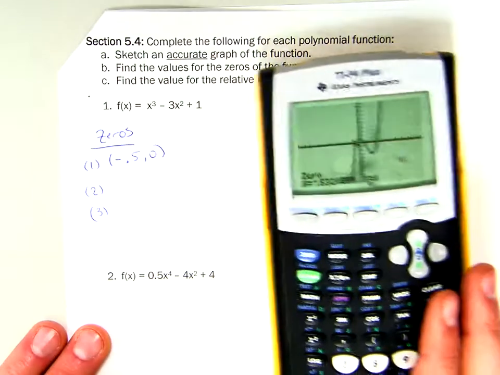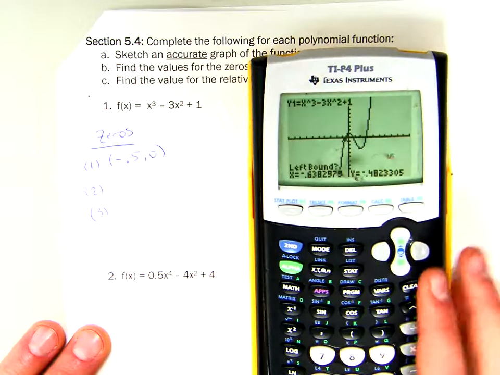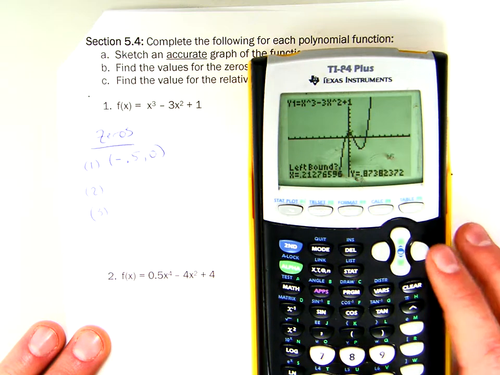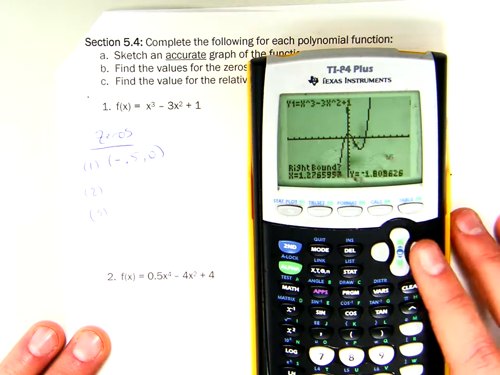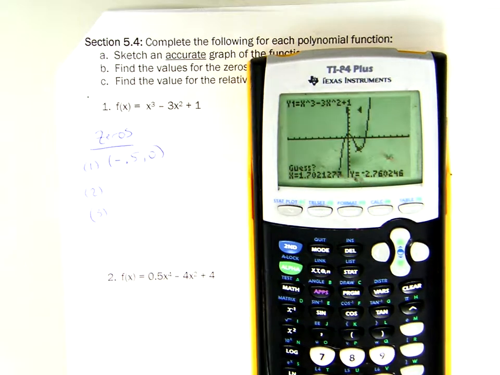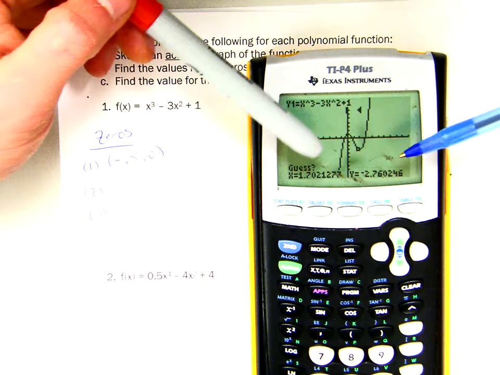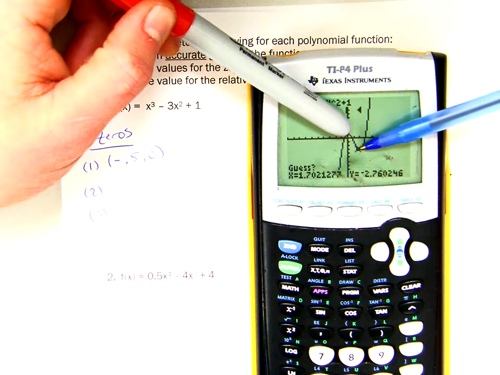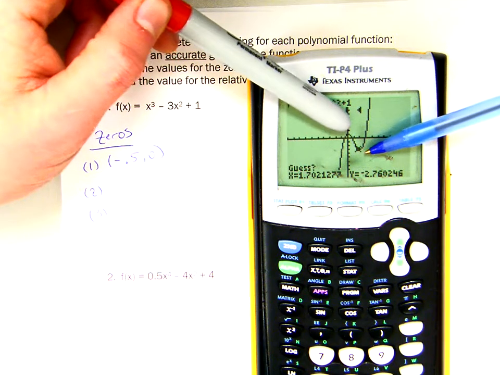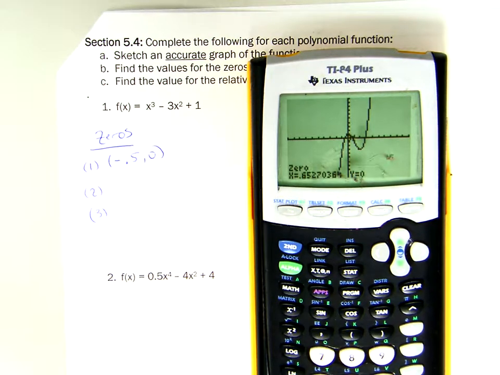You're going to do that for the other 2 now. So you hit second, trace again, go down to 0. This time you want your spider for the left bound on top of the hill and for the right bound on the bottom of the hill. Again, what this is doing, if I take my red pen, basically we're taking a section of the graph, the section from the top of the hill to the bottom of the hill, and we're saying, is there any zeros in this section of the graph? When you hit enter one more time, there is